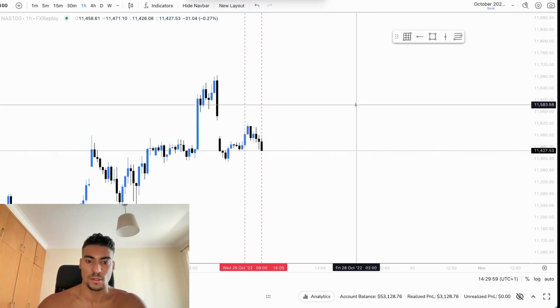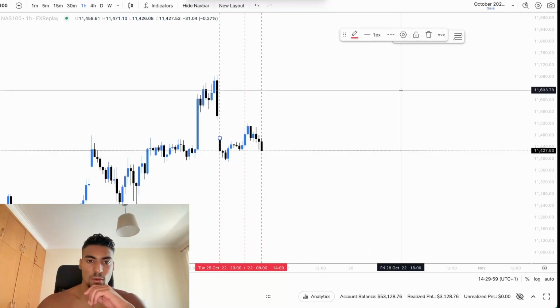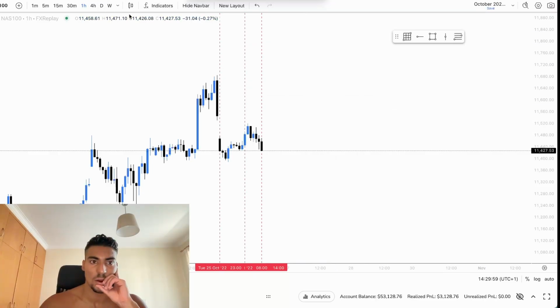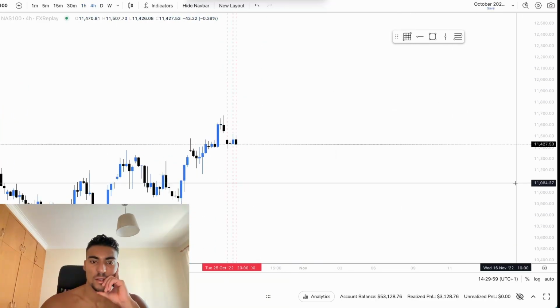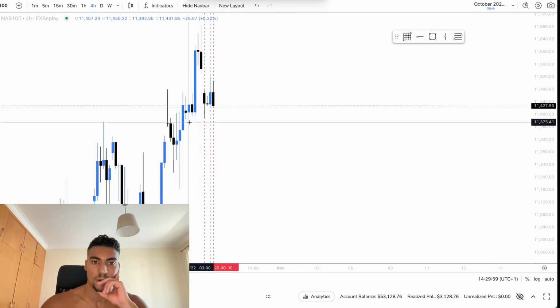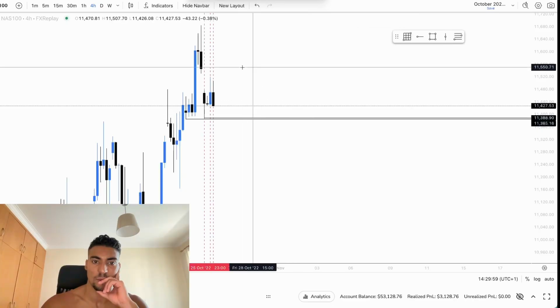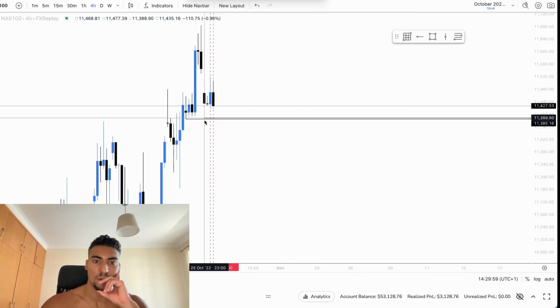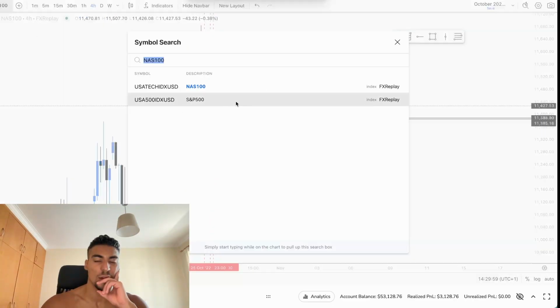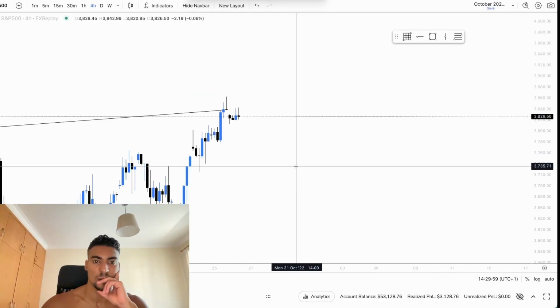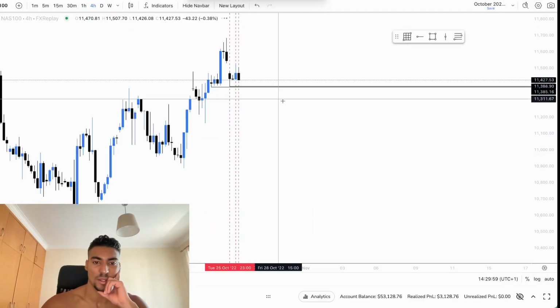I actually missed this one. 8 AM and 23. Boom. Let's go to 4 hour and see what our daily bias is. So we sweep out these 4 hour lows. Is this swept? No. Nope. So we create relative equal lows down here, unless we create a bullish SMT out of these lows on the S&P. Let's check. What the fuck? We do not create a bullish SMT out of this.